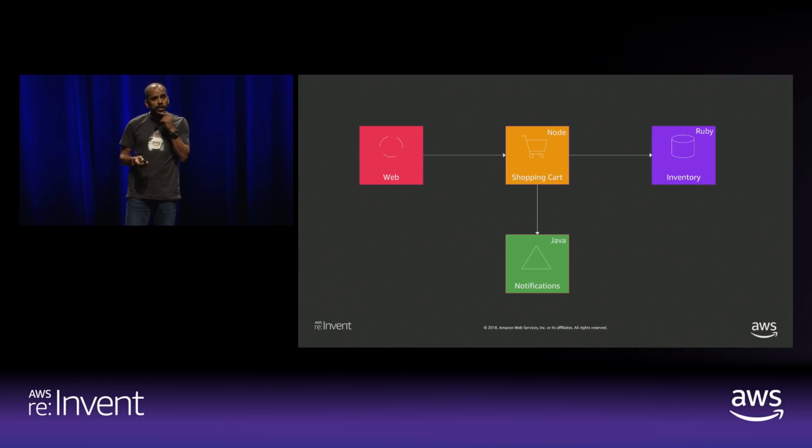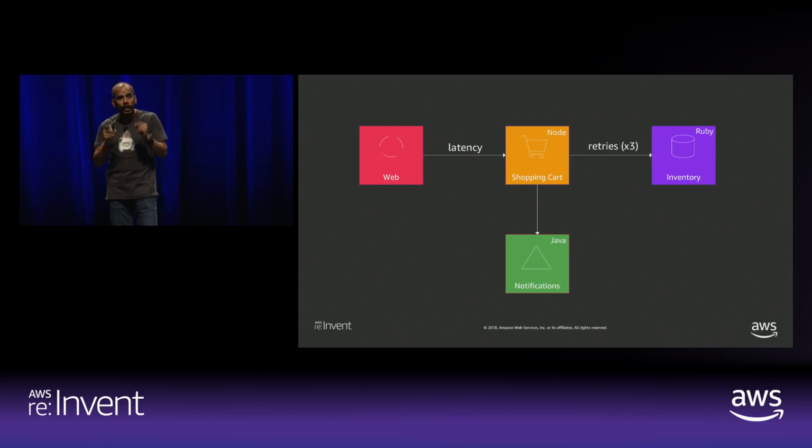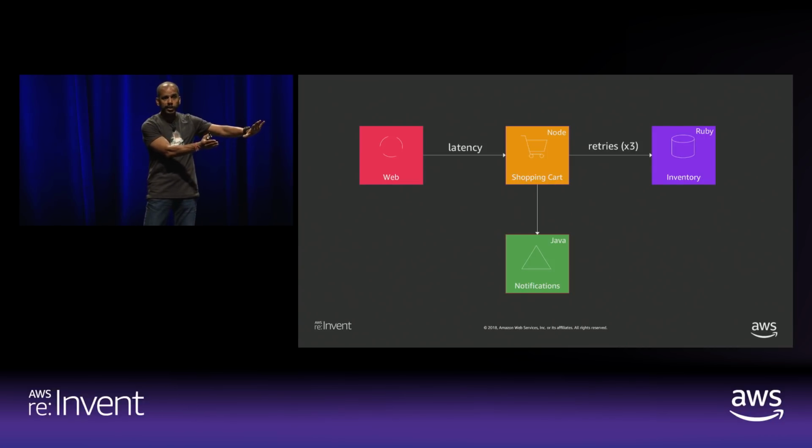Now, I can introduce chaos in my application. I want to test how my application is going to behave if I go from web to shopping cart. So for example, I can introduce some latency and see how my application is going to react. That's an important aspect of your testing. Now, from shopping cart to inventory, I can set up how many times a retry needs to be done. So you can set up the retries, and you can say, this needs to be done outside the application logic,